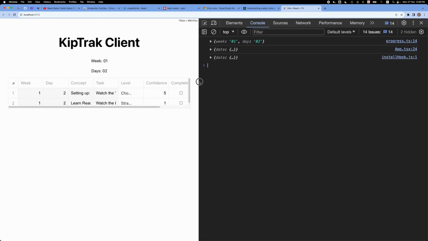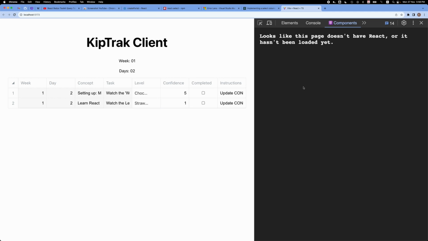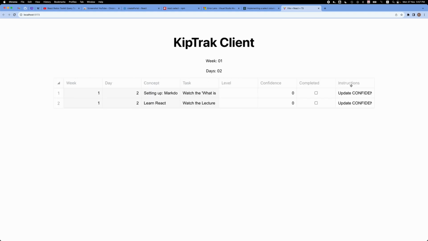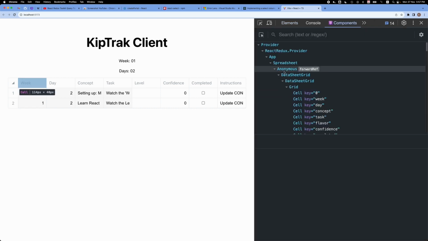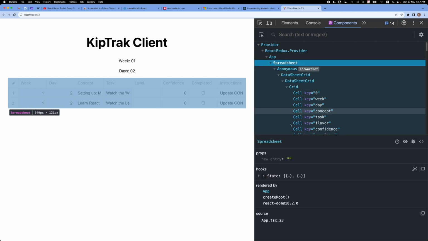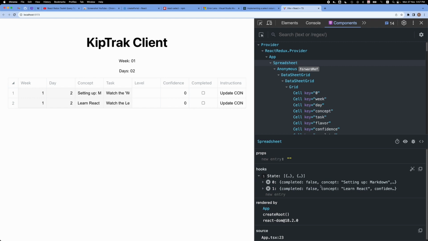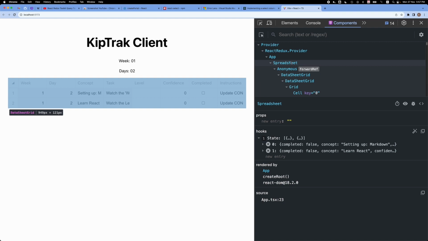Now let me check the state just to see that the state gets updated. So I'm going to go to my React Dev Tools and let me reload. Looks like this page doesn't have React or it hasn't been loaded yet. Let me just reopen the DevTools. Okay. So then I have the spreadsheet which has the state. Okay, this is the state for this spreadsheet,